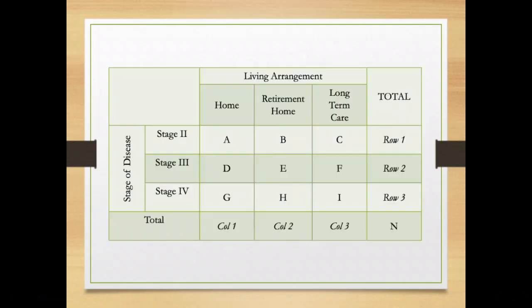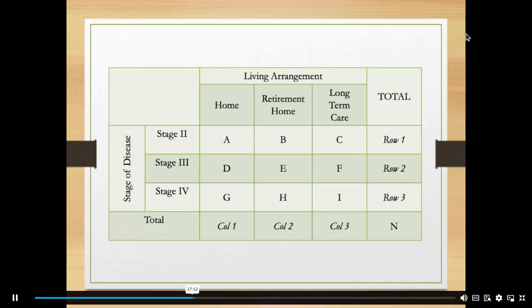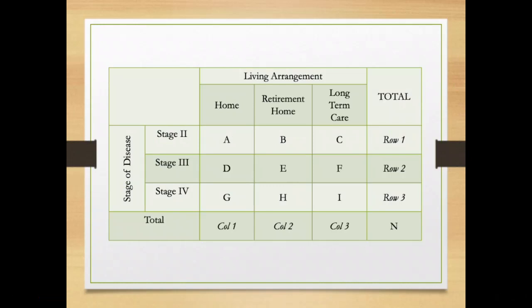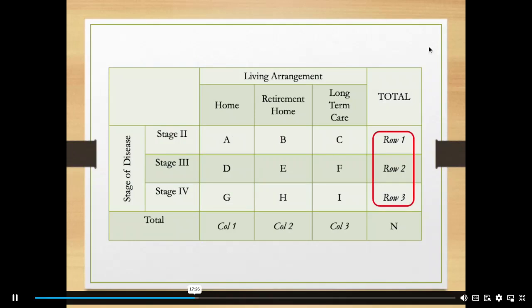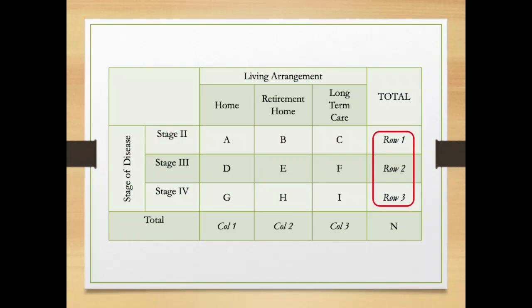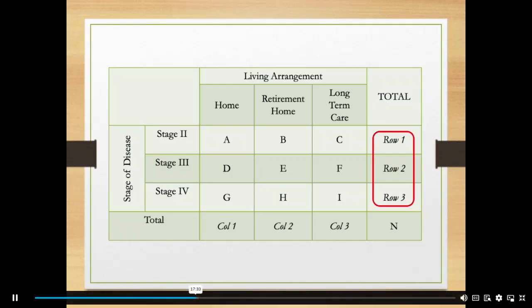In introducing cross-tabulation, we considered the association between 2 categorical variables, living arrangement and stage of Parkinson's disease, as measured on the Hoehn and Yahr staging scale. The row marginal totals represent the number of individuals at each stage of disease. So row 1 represents the number of individuals who are at stage 2 of the disease, row 2 represents the number of individuals who are at stage 3 of the disease, and row 3 represents the number of individuals who are at stage 4 of the disease. The column marginal totals represent the number of individuals